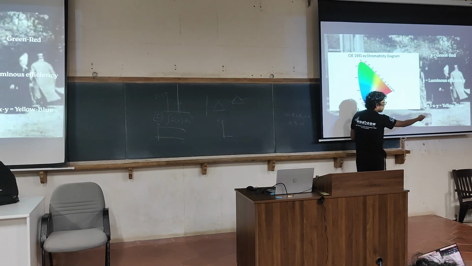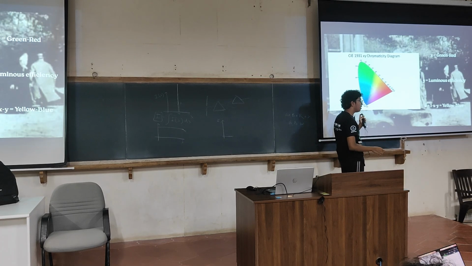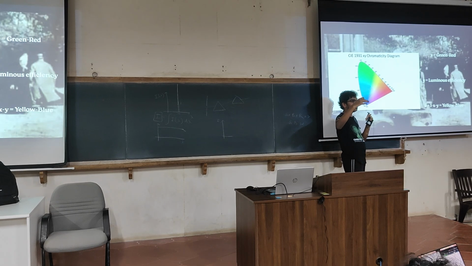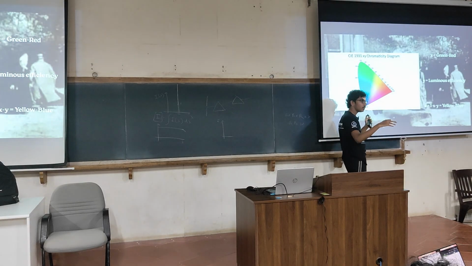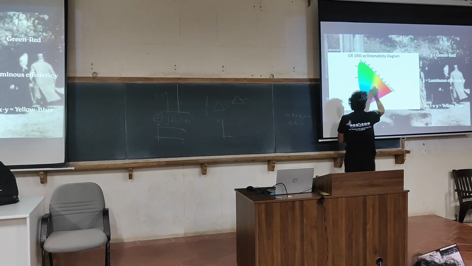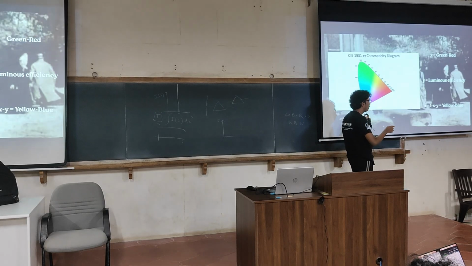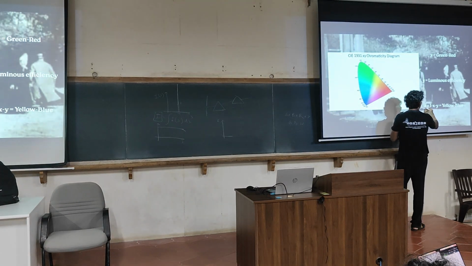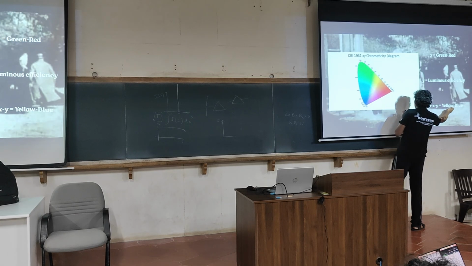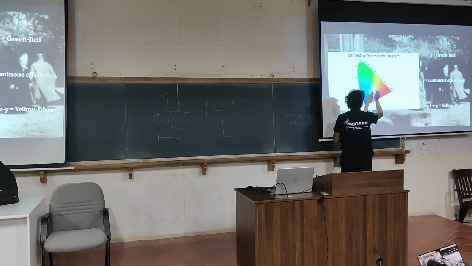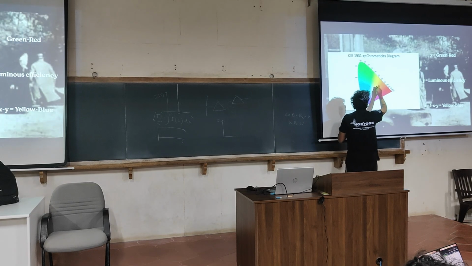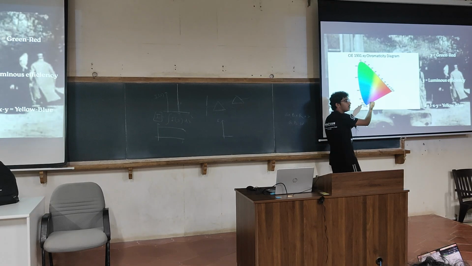And the luminous efficiency corresponds to the relative brightness of colors. As I said in the first slides, green cones have a higher efficiency than red and blue. So here green is at the top, red is here, blue is at the bottom. And 1 minus x minus y comes from the plane's equation, x plus y plus z equals 1. So this represents yellow to blue. Moving along the x equal to y line, it goes from yellow to blue. They are in opposite places.